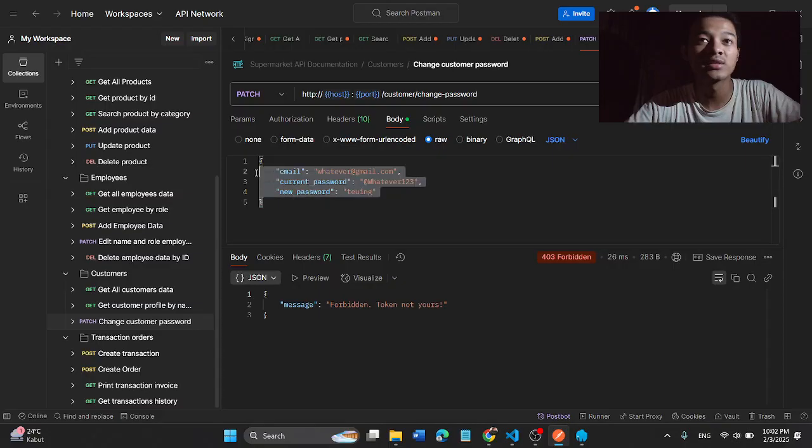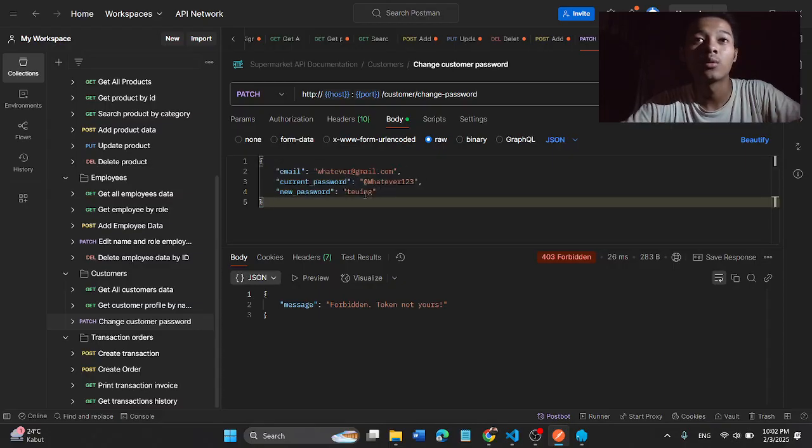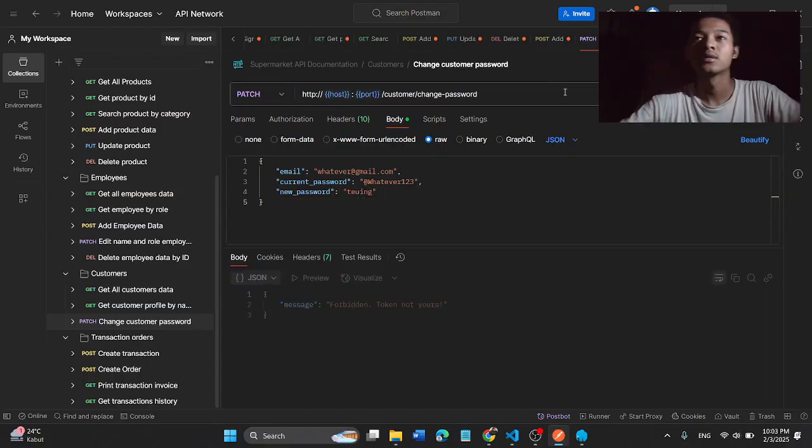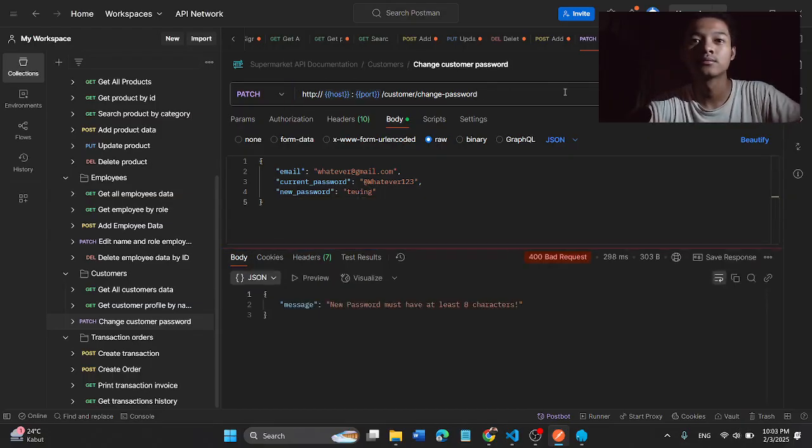The request body is still the same. We want to change the @whatever123 password into Teing. What will happen? Send. Okay, now the response is another message with response status 400 bad request. Why?